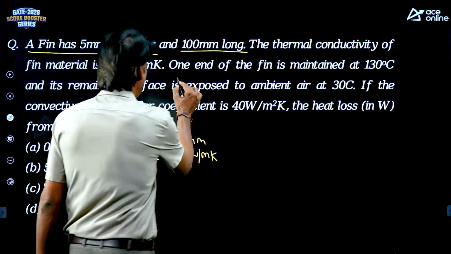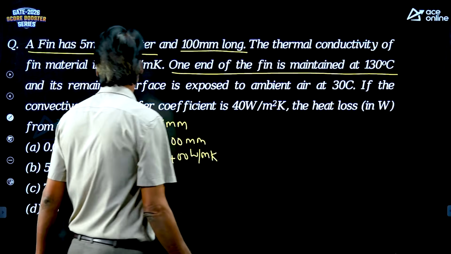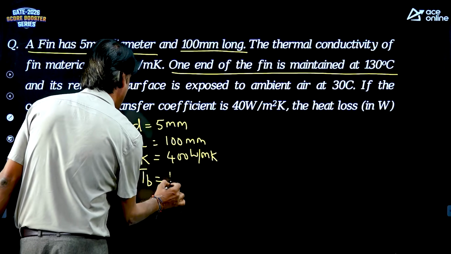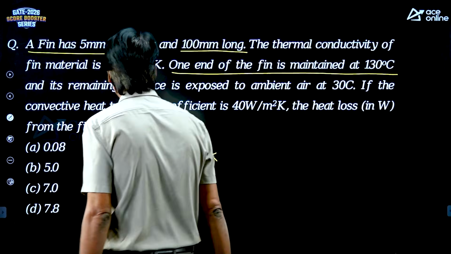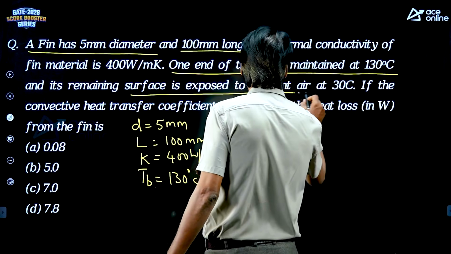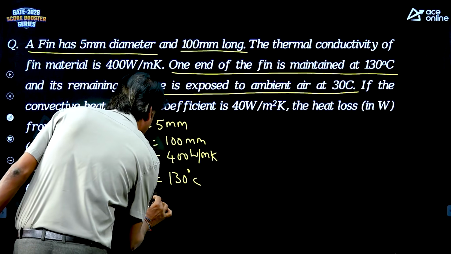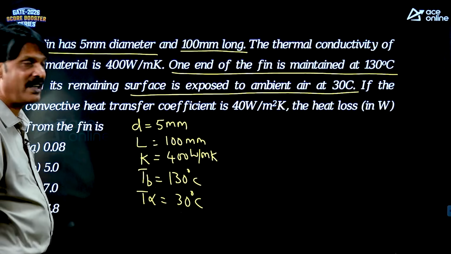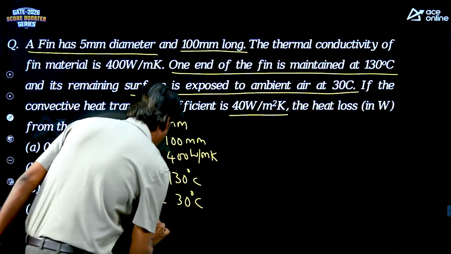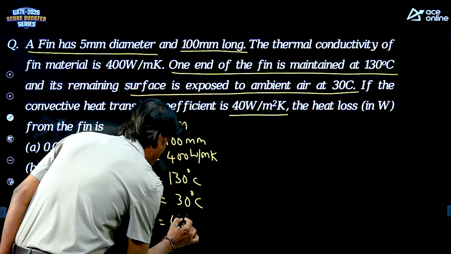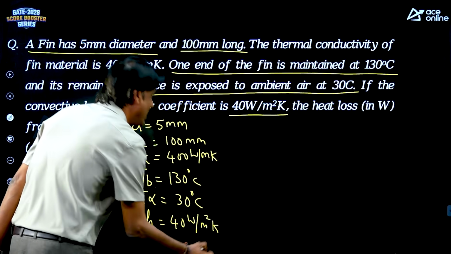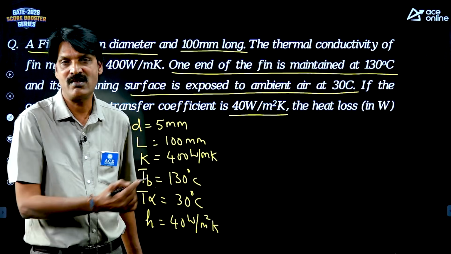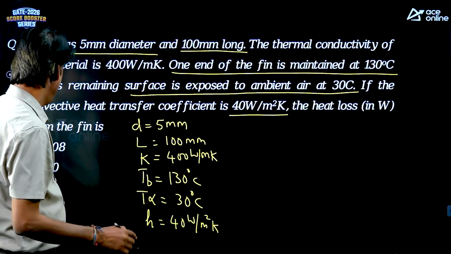One end of the fin is maintained at 130 degrees centigrade, so I will take the base plate as 130 degrees centigrade. The remaining surface is exposed to ambient air at 30 degrees centigrade, T infinity is 30 degrees centigrade. The convective heat transfer coefficient is 40 watt per meter square Kelvin, h is equal to 40. The heat loss from the fin is, as he has not given you the tip condition,